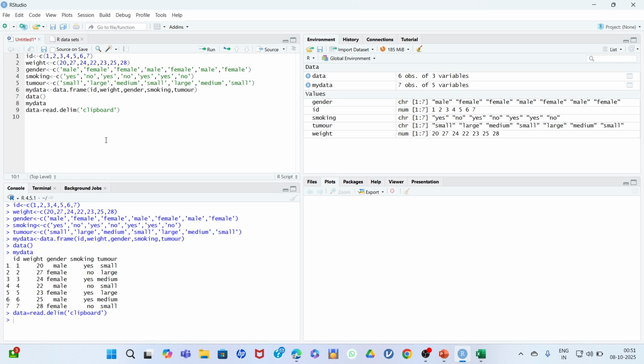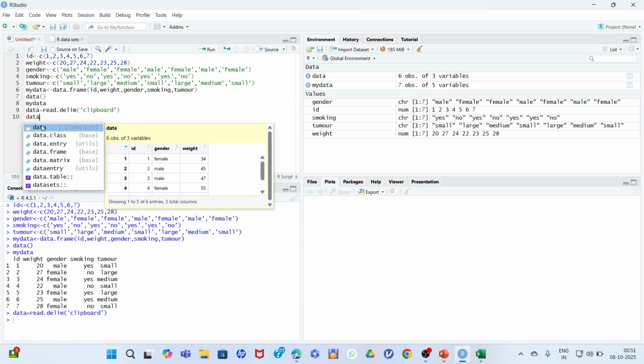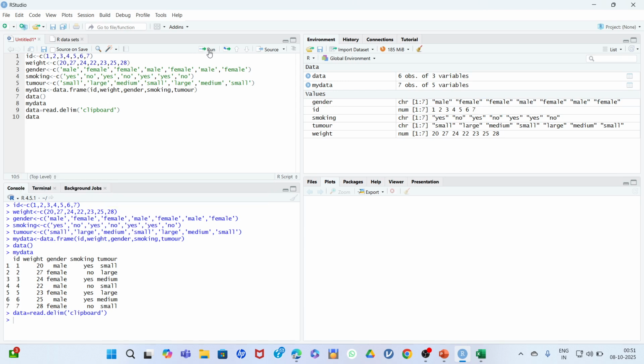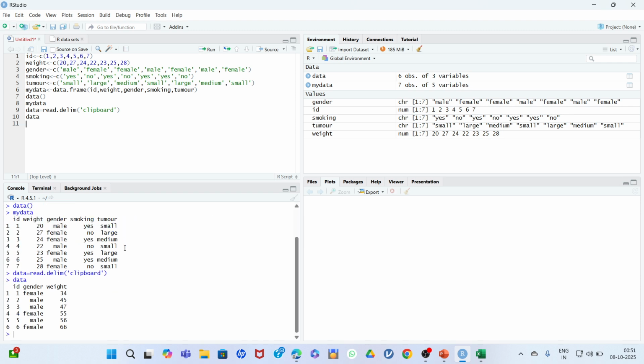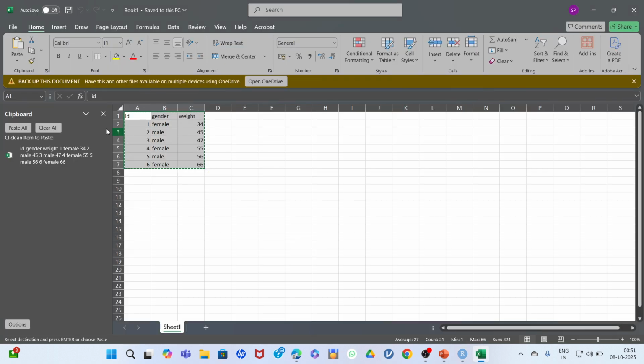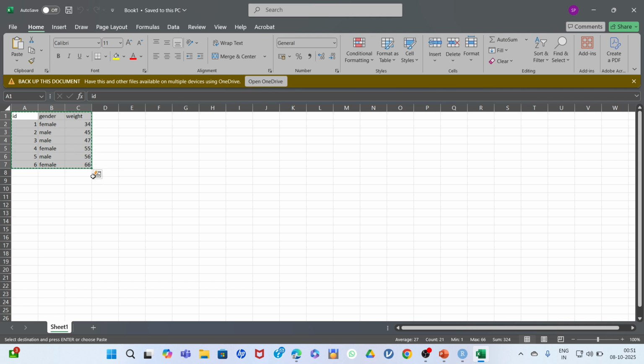Now you have to see your file. You can again give the command data, and here in the console you can see that is ID. These are the IDs. Then you have gender, and these are the weights. You can cross-check. This is my Excel file, and these are the